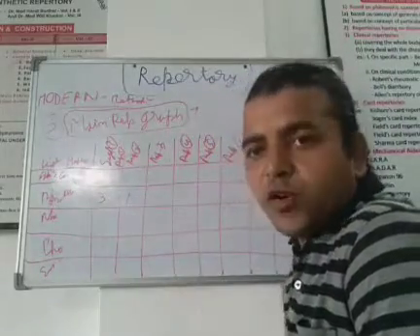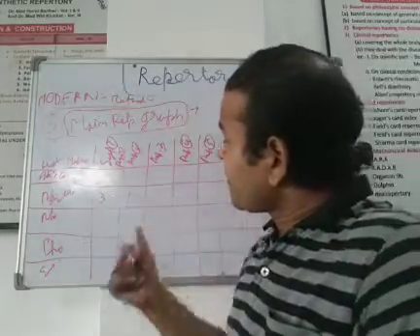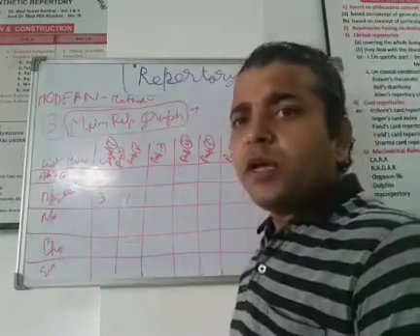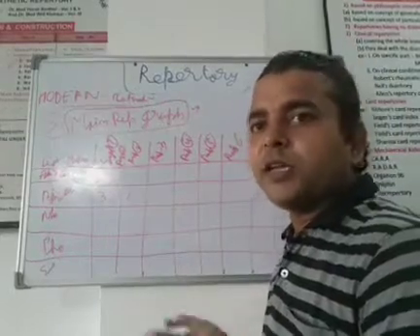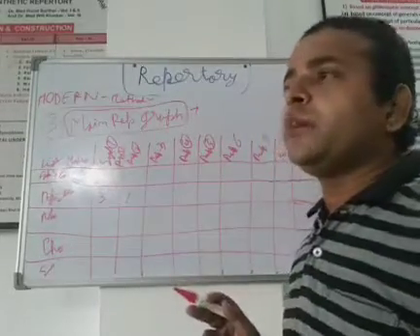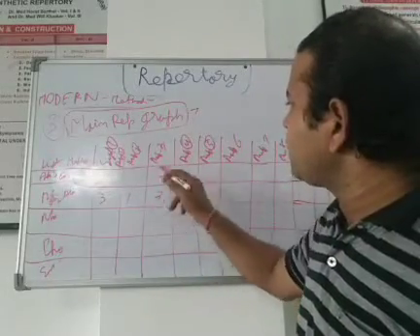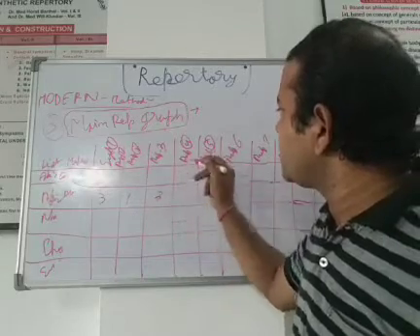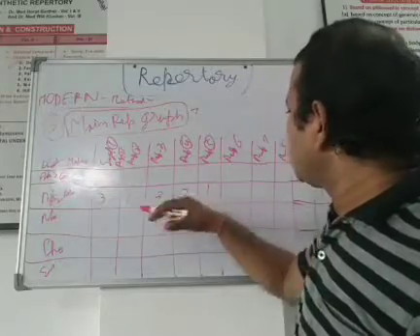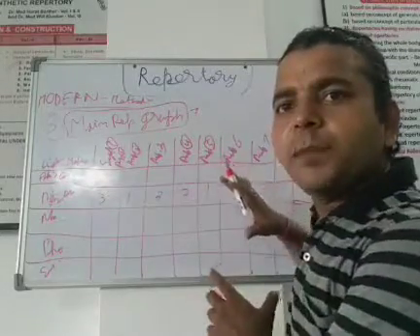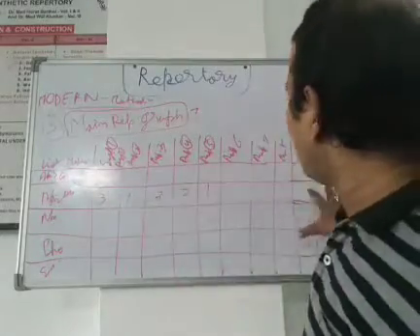If you are using a 4 gradation repertory, for example Synthesis, then you will use 1, 2, 3, 4. And if you are using no gradation of remedy, then only 1 mark to every medicine. And if you are using a repertory like the Boericke repertory, then 1 or 2. So this way, for this symptom arnica got 3, for this symptom arnica got 2, for this symptom arnica got 1. So this way you will fill up the complete sheet. Understood, my dear? So this way you will note down all the drugs.